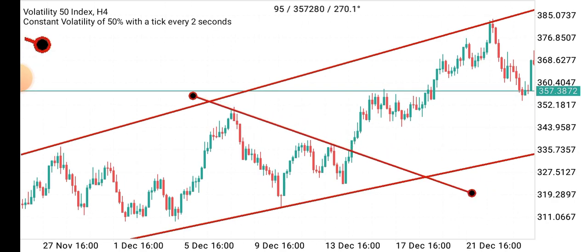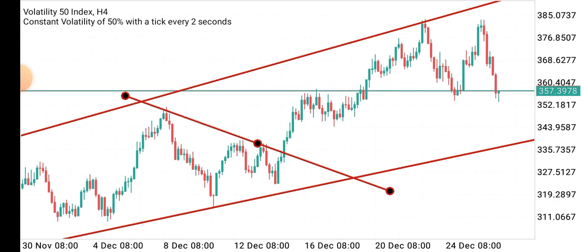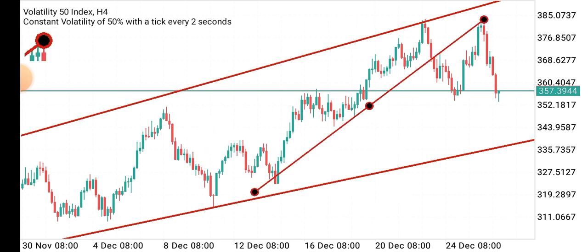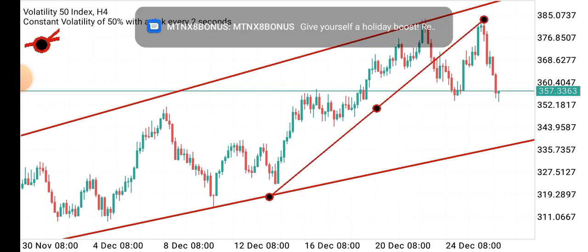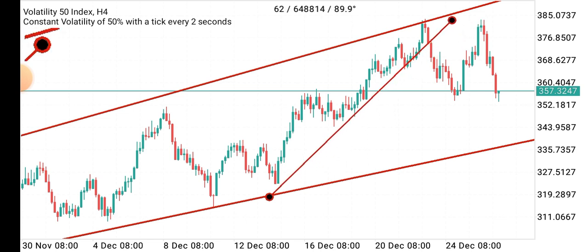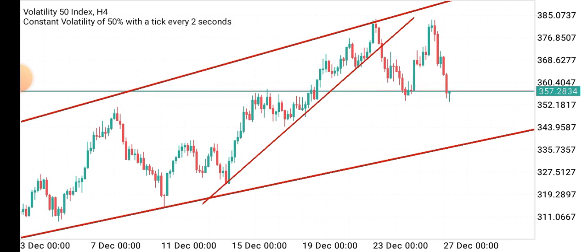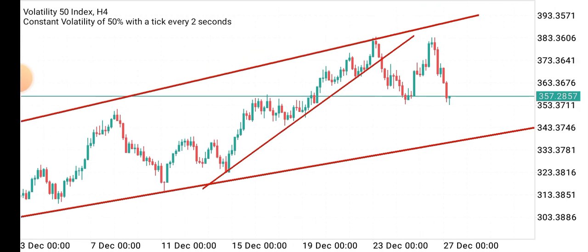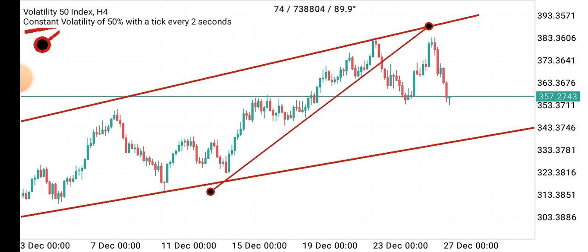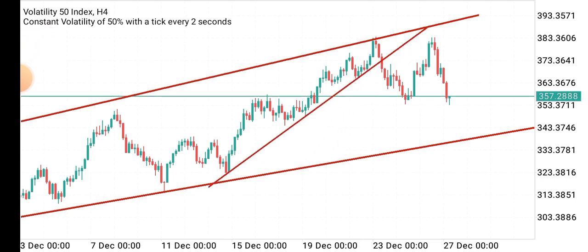Take note of these zones. Even if the market has gone beyond them, just take note of them, and then there's another zone here I noticed. Alright, there's another trend I noticed within this structure here, and you can see the market was buying from this particular trend line. You can see the market was buying from this trend line,